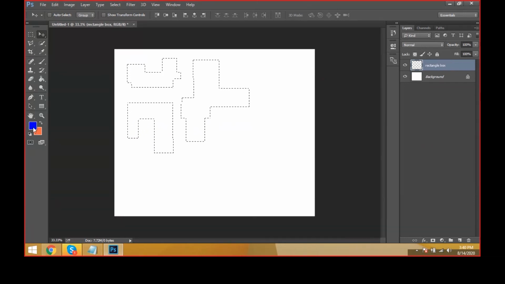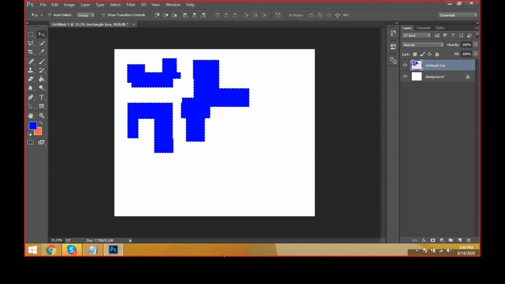Okay, then I would like to fill the front color. It is blue, like this. Okay, again, what happened here? The color is okay. I got the selection and I filled the color, in a rectangular box. The object has been selected in the rectangular box. We have two layers here. One is the background layer, one is the rectangular box layer. Okay, and I would like to deselect the selection. Control D, Control D to deselect the selection.